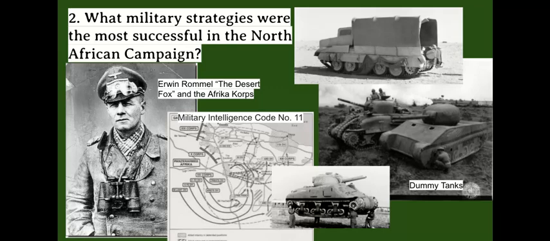And if you imagine setting up a bunch of fake tanks in a location and a bunch of fake trucks in another location, but the fake trucks are actually tanks. The German spy planes fly over the top. They think the trucks are full of infantry and the tanks are over there. And then they attack, and it's actually the reverse, or there's nothing there, or the British can remove all the inflatable tanks in the middle of the night.